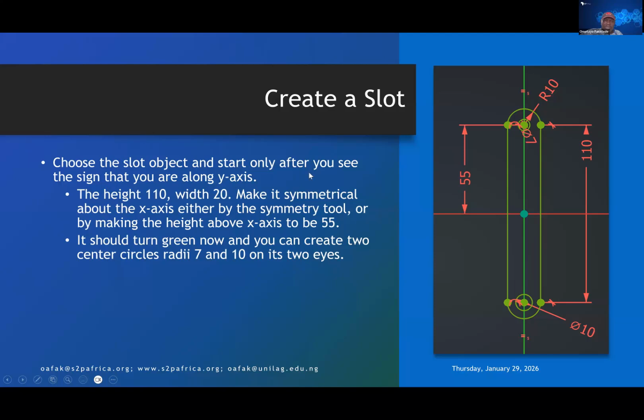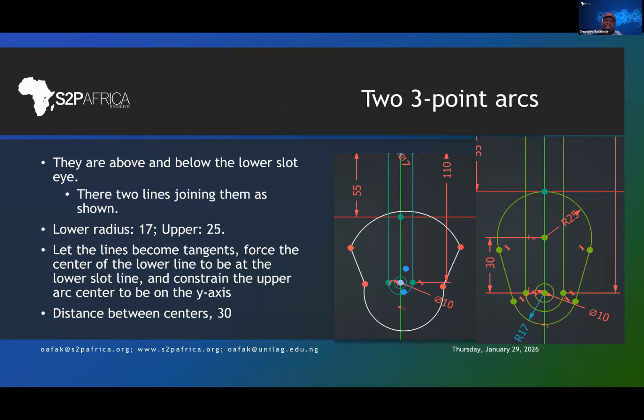So choose the slot object and then height 110, make it symmetrical about the x-axis, and you are having these slides and you are having the file where the thing has been done. So use those two to get yourself up to speed. Everything should turn green as you create two center circles, radii 7 and 10, on the eyes of the slot. When you do that, the next thing you are going to do is take